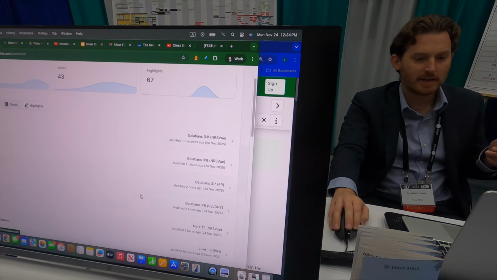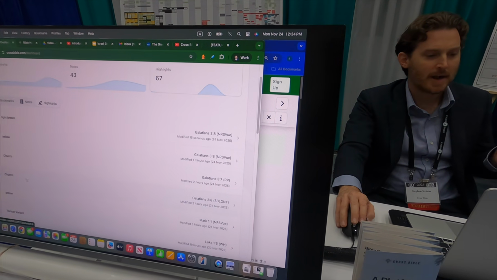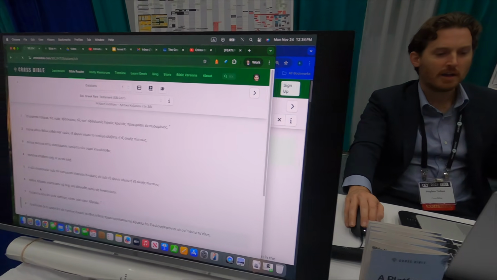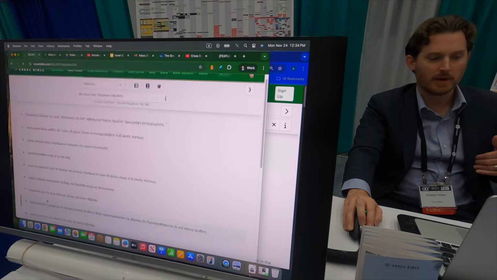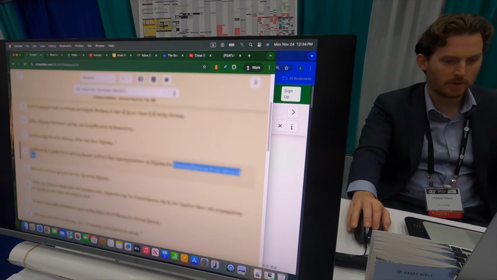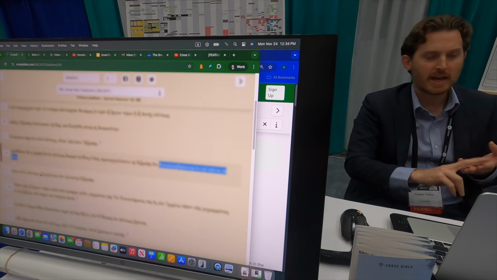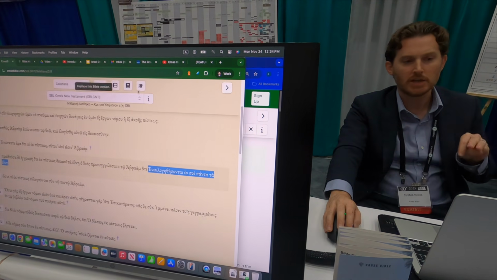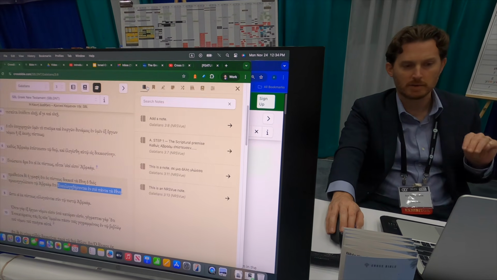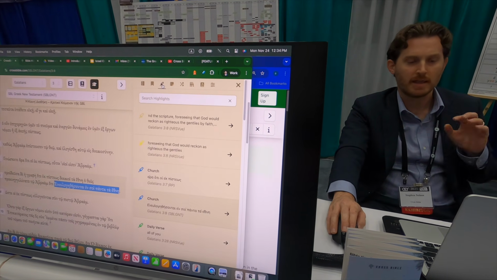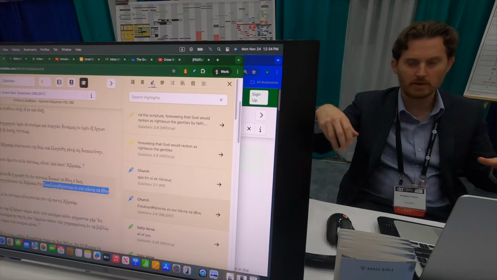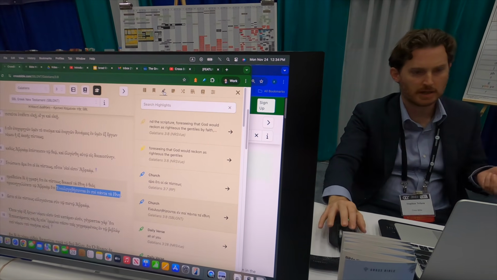And so here I can see, I was in Galatians 3:8. I made a highlight related to church. I can jump right into it, right? And I made that and then boom, it's going to apply my theme, right? Because this is my customization. So those three aspects are the real engaging factors that you're getting for the subscription: the notes, the bookmarks, the highlights. So you're really leaving breadcrumbs throughout your entire Bible study experience.